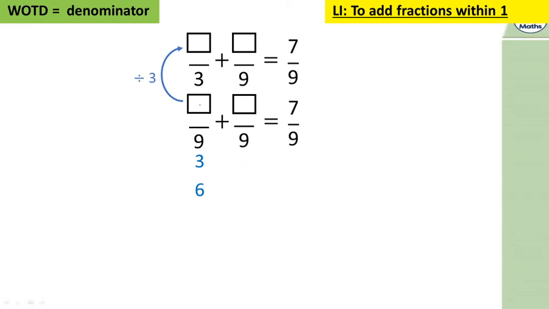So if we had 3 ninths, we would have to add 4 ninths, so it'd be 7 ninths altogether. If we had 6 ninths, we'd have 1 ninth. So this 3 ninths would be equal to 1/3 plus 4 ninths, which equals 7 ninths. We had 6 ninths. 6 divided by 3 is 2, so 2/3 and 1 ninth. So there's different options there for completing this